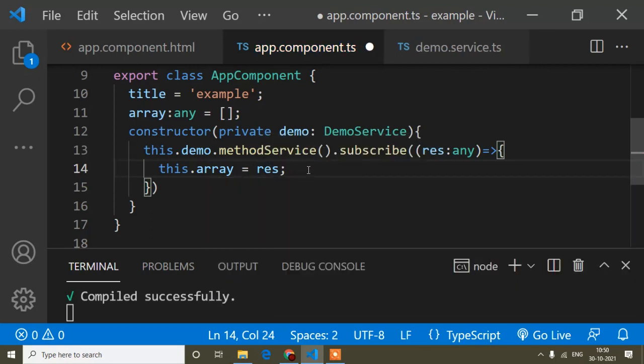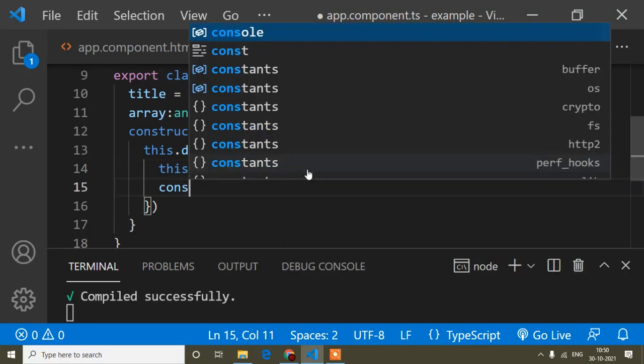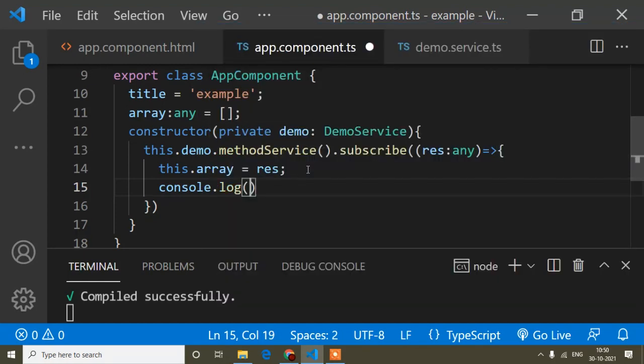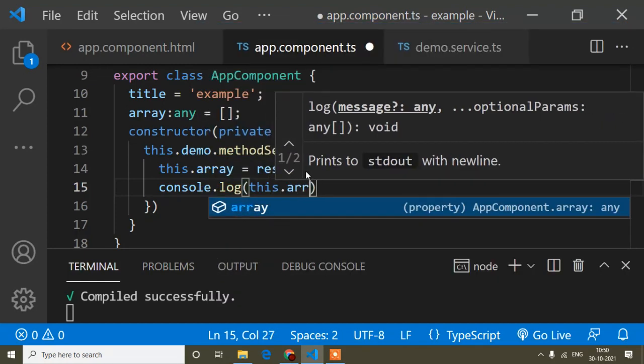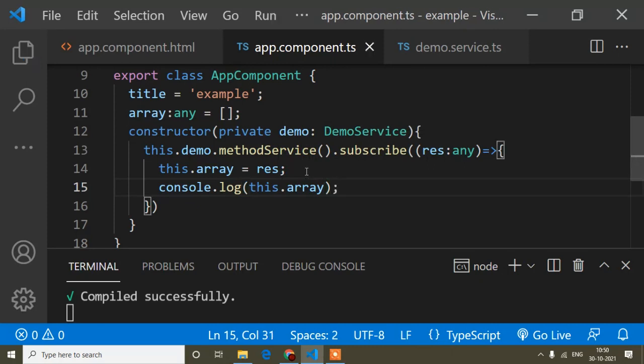Now if I write console.log this dot array, you will find the data in the console. You have to write the console inside this subscribe, not outside. I suggest writing this subscribe inside the constructor.